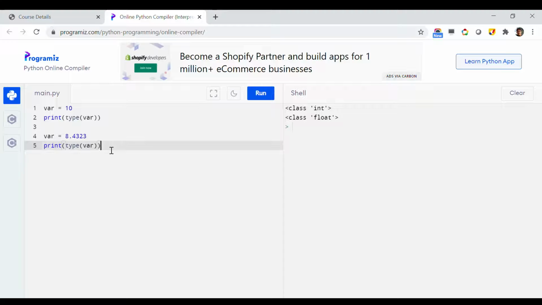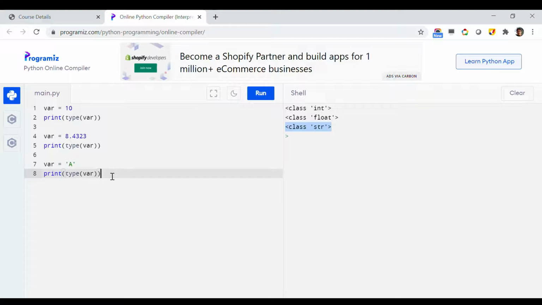And not only numeric values, you can choose to store some other type of data, like a string, let's say a single character A or something like that. And now if I just print its type, you will see that Python automatically changed it to type str, which stands for